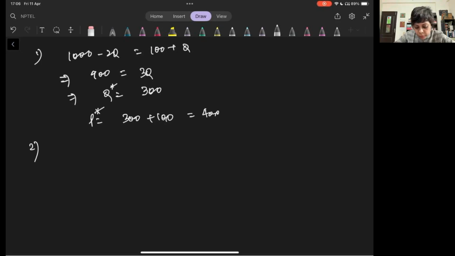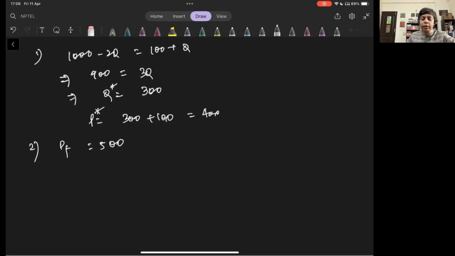Now you have a price floor of 500. Price floor means that is the lowest price any firm can sell at. They cannot price it lower than that. That is the lowest price which is achievable. Floor means low, right? It's below you. Ceiling is above your head, so that is the maximum you can go to. Floor is below your feet, so that is the lowest you can go. You cannot go below the floor. That's the way I remember this.